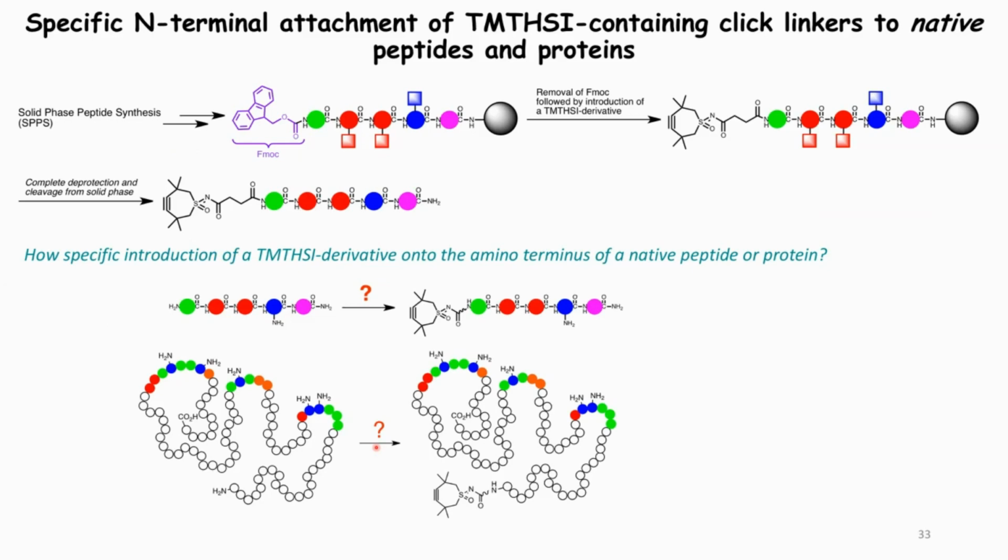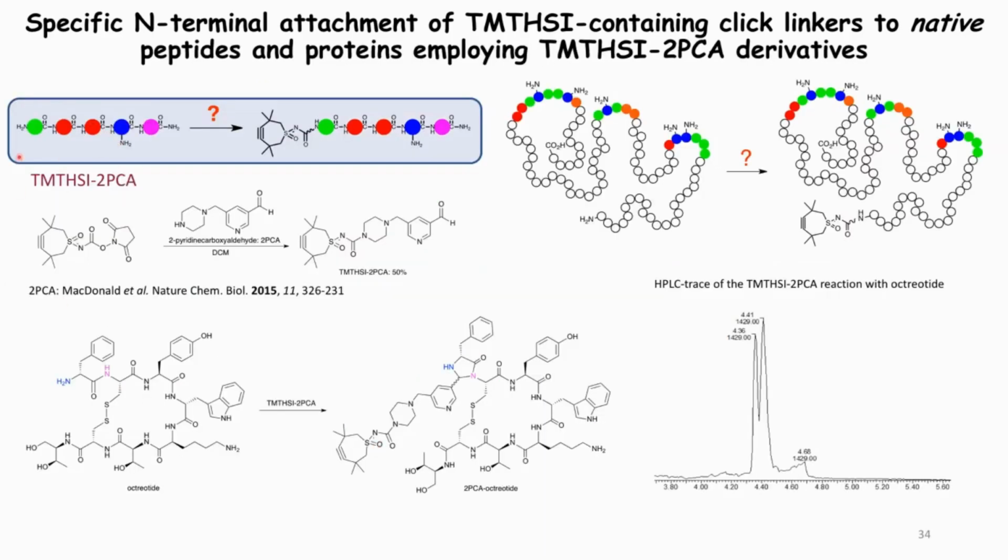Now, I would not show this slide if it was not possible, and indeed it's possible. So if you take this particular peptide, you can actually achieve this. Now, how did we do this? We were inspired by the paper of MacDonald's in Nature, and they found that using this reagent, you really can selectively modify the N-terminus of a peptide or protein. So we took the opportunity of taking this particular reagent, introducing TMTHSI, making this particular reagent. This was carried out, of course, in collaboration with